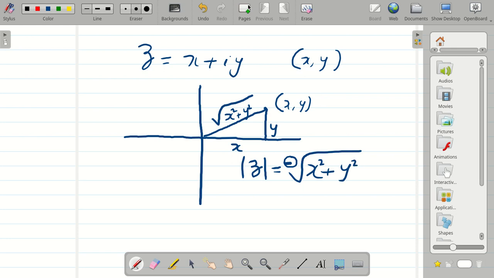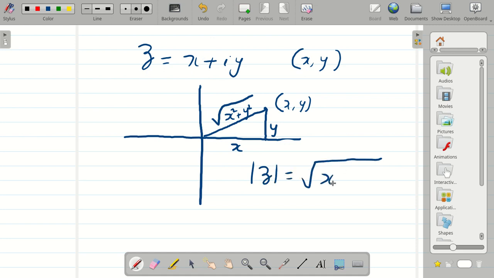I had to erase that part, otherwise there will be confusion. So I'll write once more. The modulus of a complex number is nothing but root under x squared plus y squared. Now the next thing is